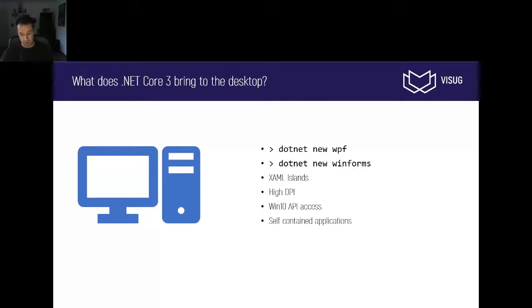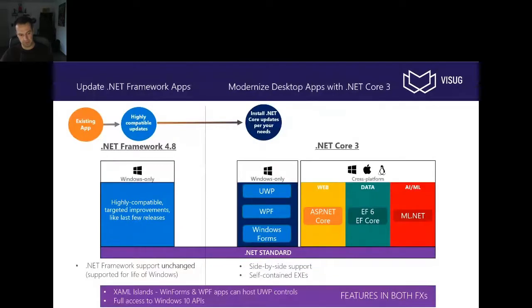Now, should you immediately go to .NET Core with your existing application? There are a few things you can do. For starters, if you have an application that's just in maintenance mode, but it's still being used, you might consider to just update to the latest full .NET Framework, being 4.8. That's the latest release. It will be the final release of the full .NET Framework. And it has long-term support. So if you're still maintaining your application, consider at least updating to 4.8. Shouldn't give you too many problems, but at least you're supported for security updates.